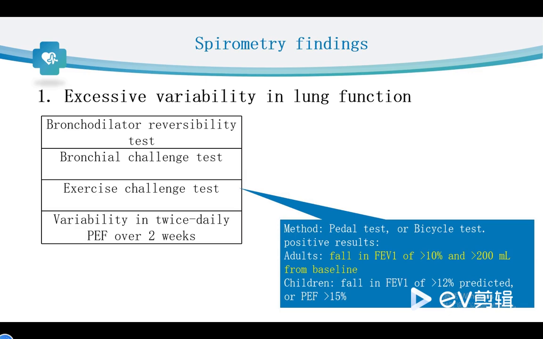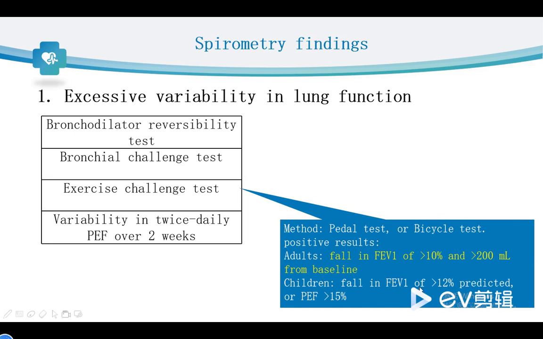And the third examination is the exercise challenge test. We should measure the FEV1 of the patient before and after an activity, including the pedal test or bicycle test. And the positive result is a falling in the FEV1 of more than 10% or more than 200 milliliters from the baseline in adults. And in children,